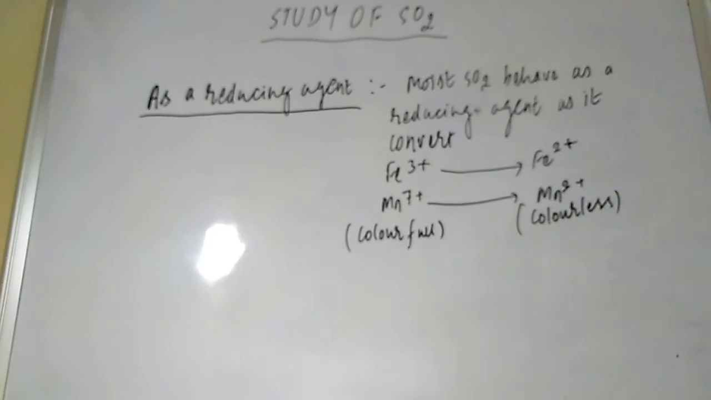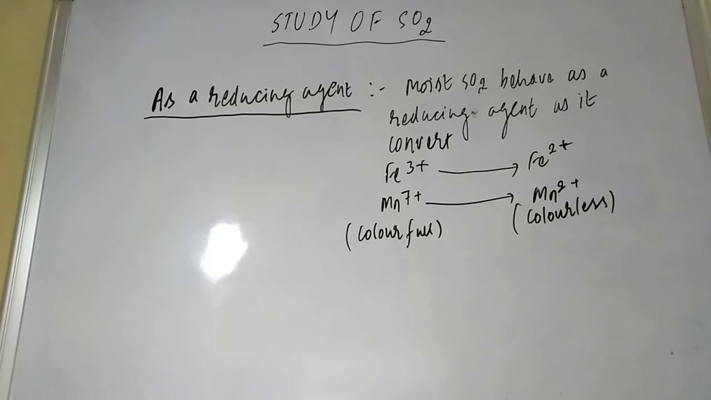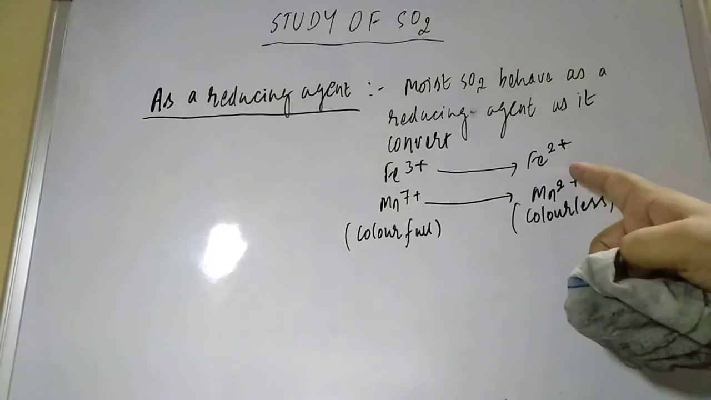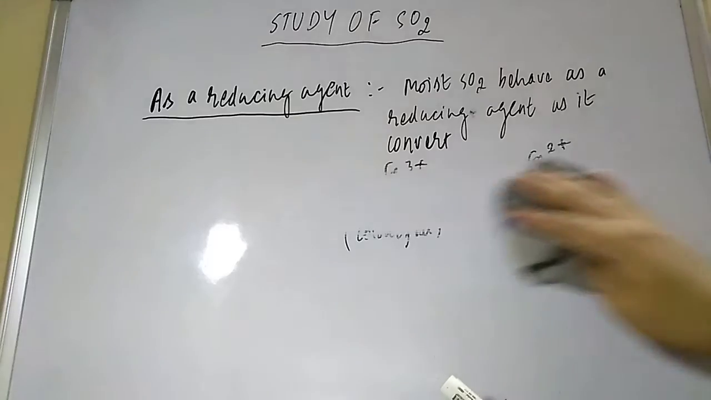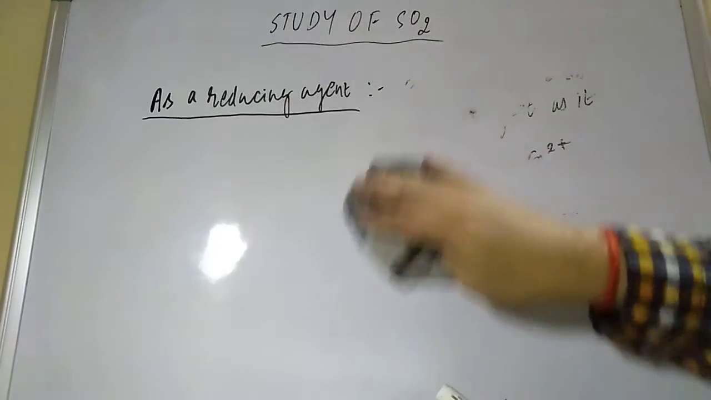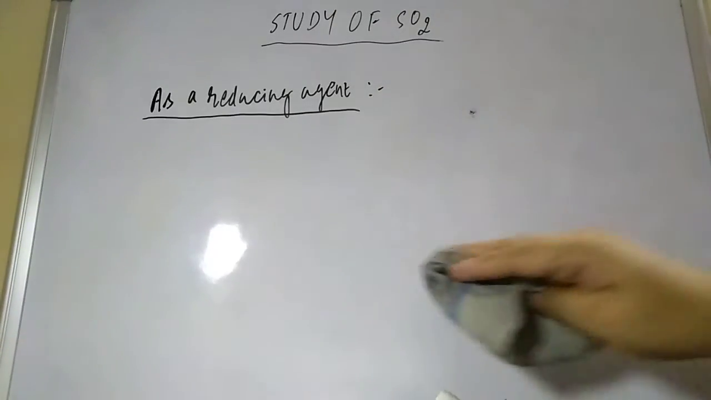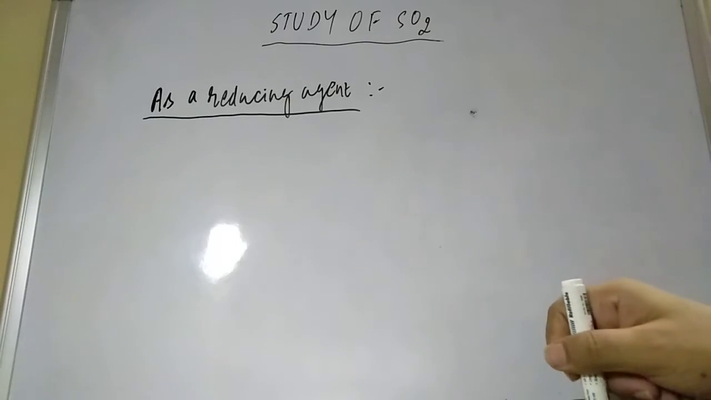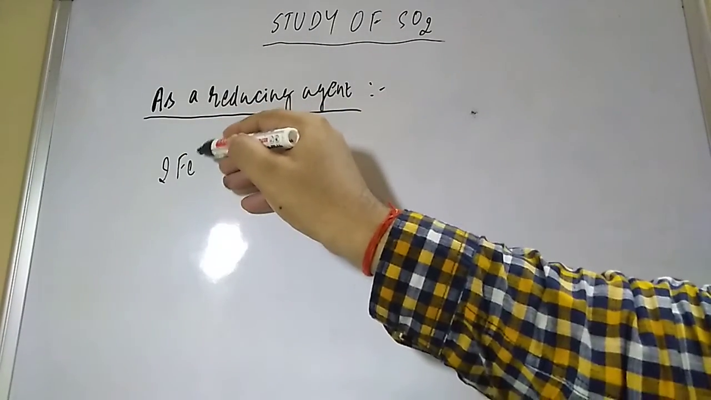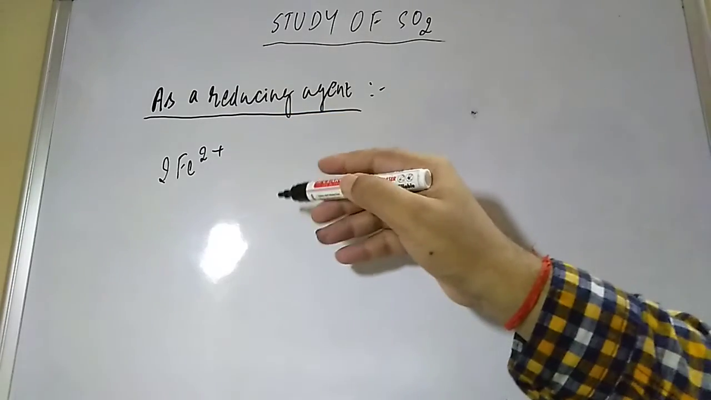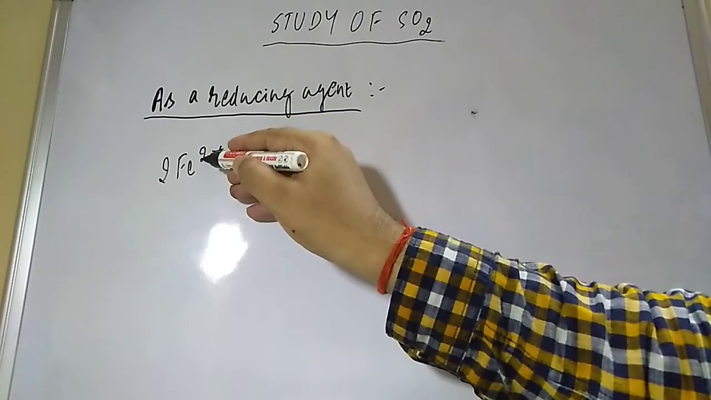Dear student, what we have to do in this one is write the reaction for this. As a reducing agent, SO2 converts Fe3+ to Fe2+ and Mn7+ to Mn2+. Now when you are going to write the chemical equation, you see there is Fe3+,